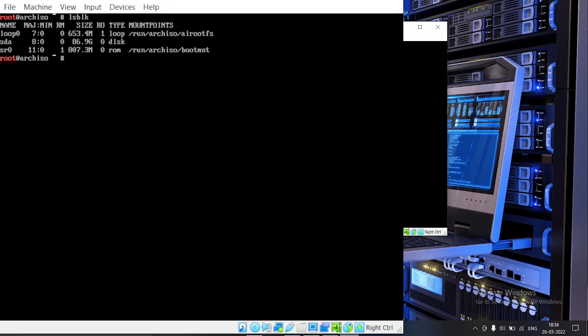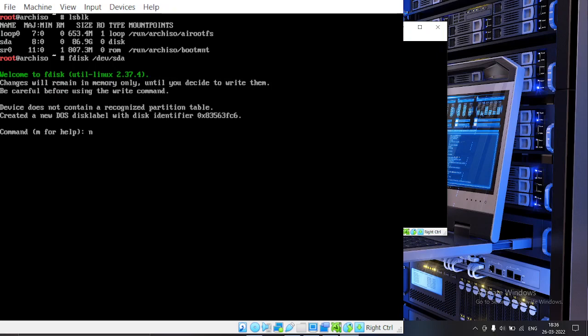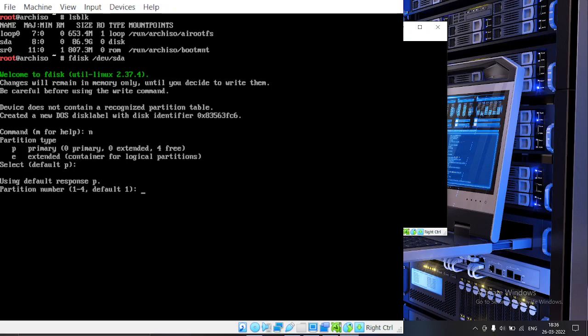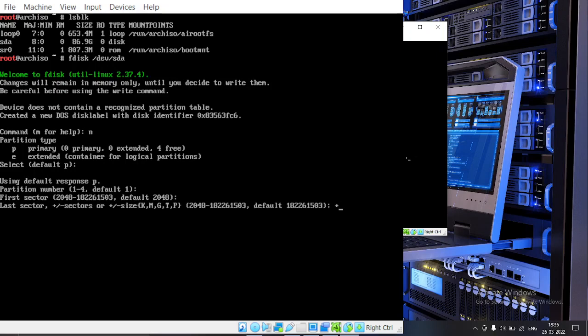Let us look at the disk we have here with lsblk, the list block. We have got an sda. You might be getting vda or something. I've got sda there, and let's partition the disk with fdisk /dev/sda. Now I'll say new partition and hit enter. I'll accept the default, and then I'll add 2G. You can be adding 500 MB